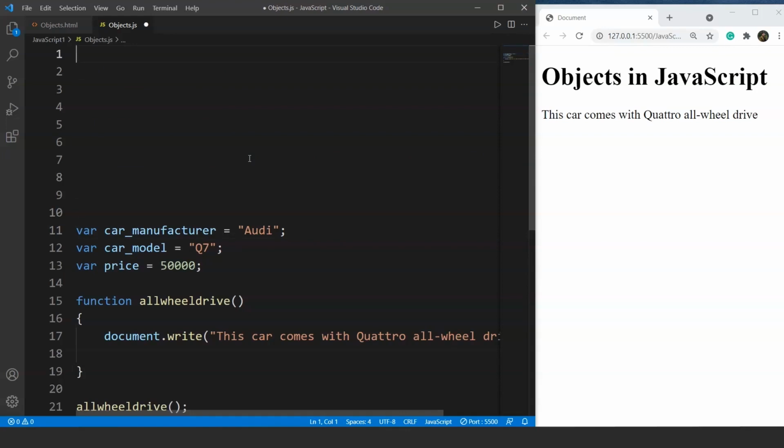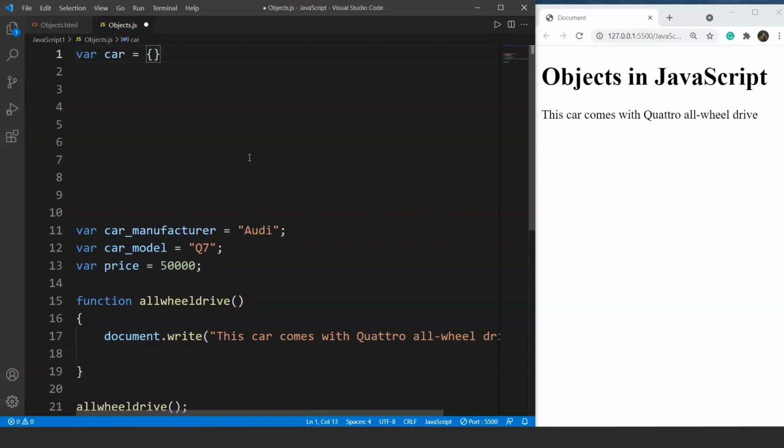So before we start, there are few ways in which we can create objects in JavaScript. We are going to discuss two different ways of doing so. The first one is the literal way, also known as the literal object way. So the syntax for literal object way goes like this. Let's say we are declaring a variable var car and curly braces.